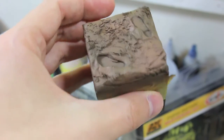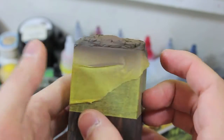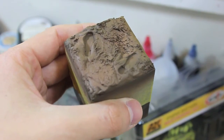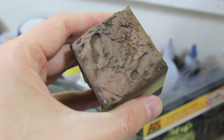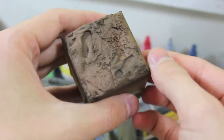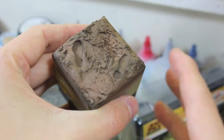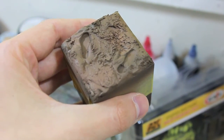So today on the workbench I'm just going to be doing another update on the Meyer figure in 1/16 scale. Here you can see the base has been wrapped up with tape and all that. Once it dried, I applied a thin layer of extra texturing with Squadron body filler and a bit of Citadel liquid green stuff, as you can see where the ground's a bit rough. Then I just textured it with the back of a knife and things like that, and then sprayed it with the usual primer and a few layers of